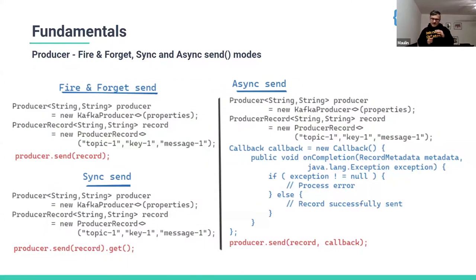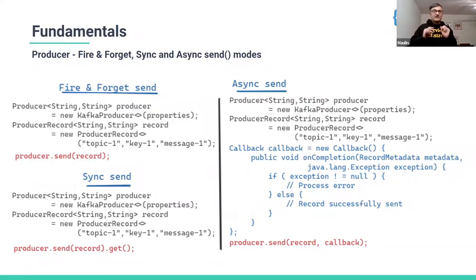The other aspect in the producer to understand is the modes of the send call. I would request you not to look too much into the code example here and not get distracted, but let's just talk about these three modes and what they mean. The first one is the fire and forget send, where a producer makes a send call and then doesn't care about any response whatsoever.